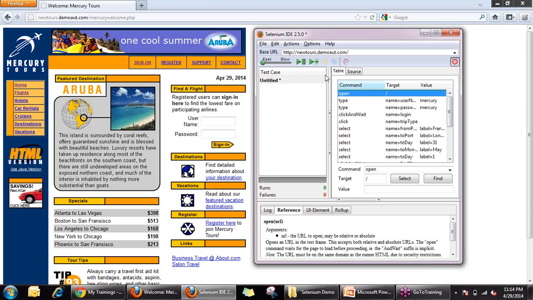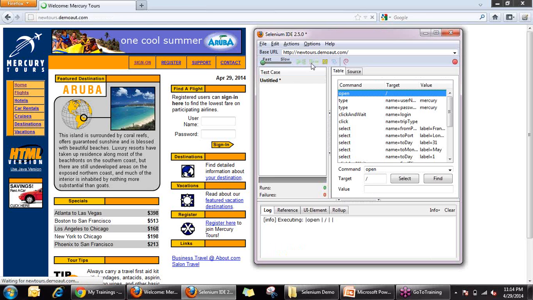Now let us try and run this particular test case scenario. To do so, we go and play the current test case. As we click on playing the current test case, the command starts getting executed. The commands which are executed properly come highlighted in a light green color.